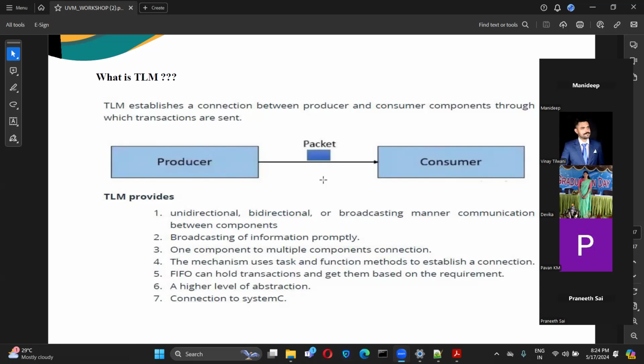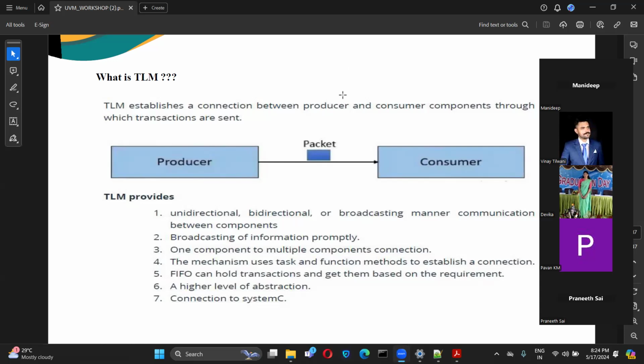And the TLM FIFO port is used when, for example, we have something like a bridge, an APB to AHB bridge. Why do we have that bridge? Because one protocol has high speed and one has low speed, so there might be data loss. That's why we use the bridge. It's acting as a FIFO.